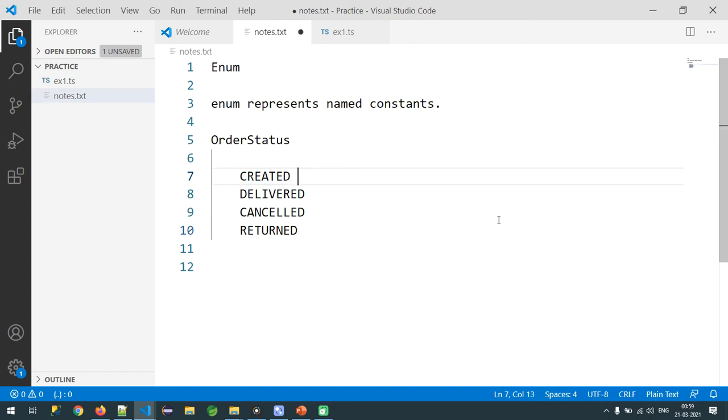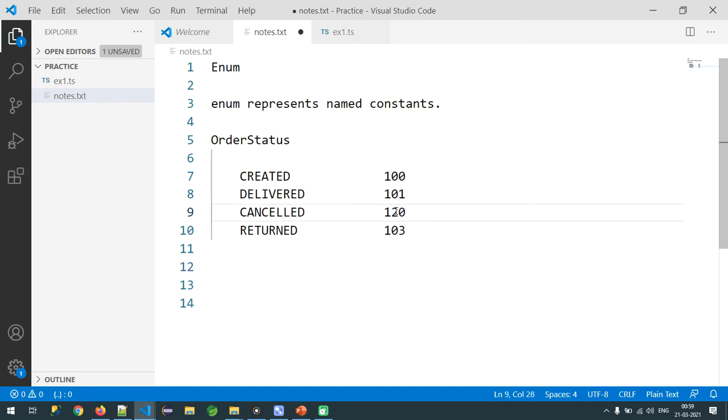Now I'm asking one simple question to you. Suppose in the database I store "created", how many characters do I need to store, sir? 7 characters. In order to optimize database performance, I'm going to store 100 instead. Now tell me which one will take less space in the database, sir? 100. That is why most of the status codes we store as numbers: 101, 102, 103, or you can use any other values, 120.